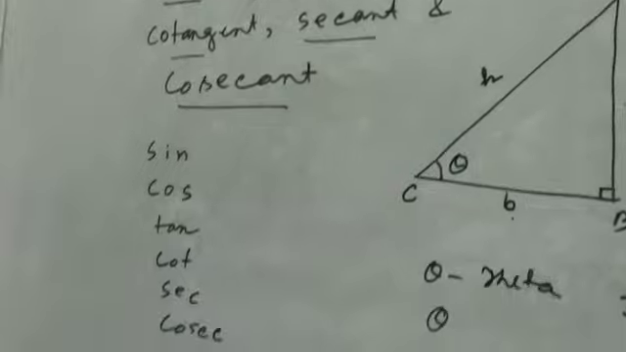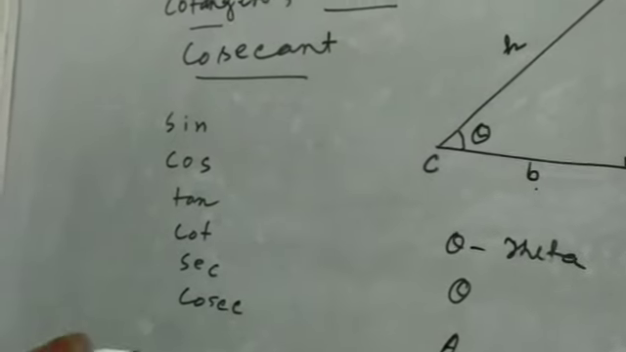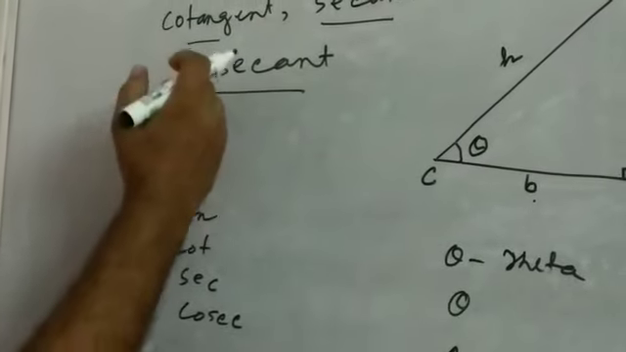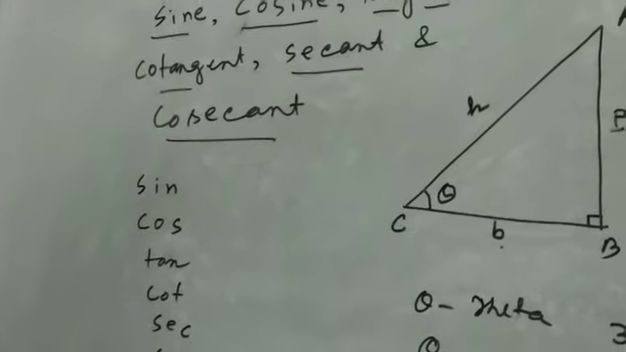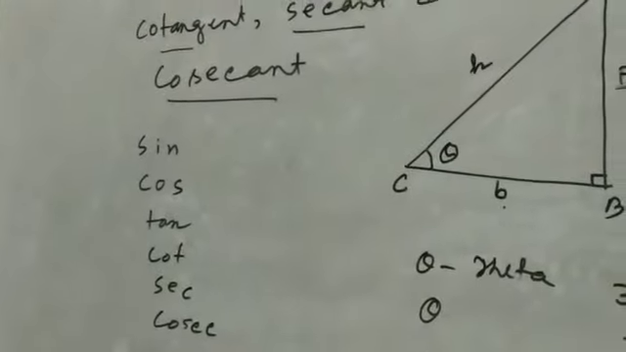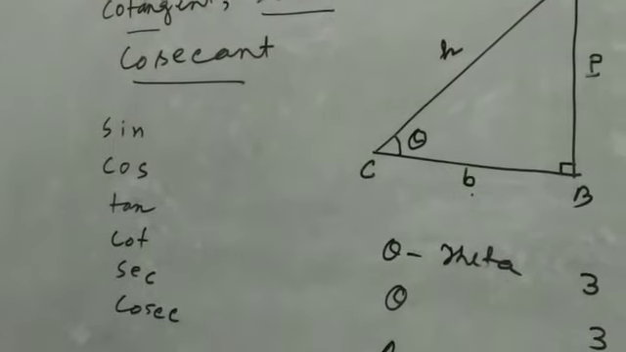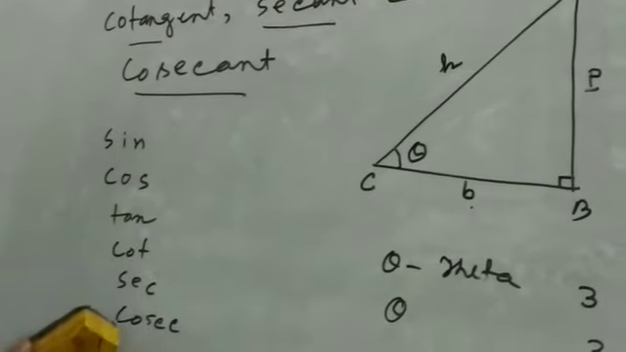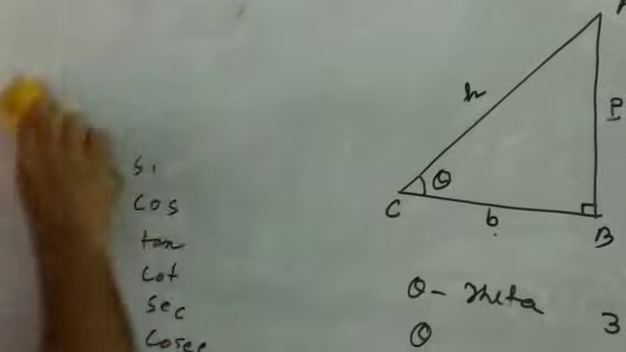So now I will explain what is sine, what is cos and what are the other ratios. I will describe first the first ratio, the sine. Is that clear about these ratios? So